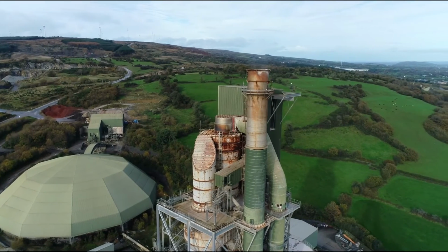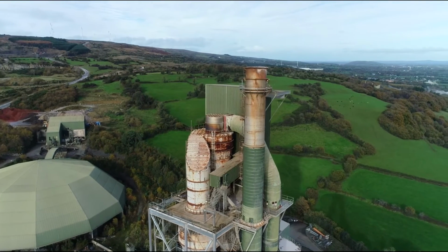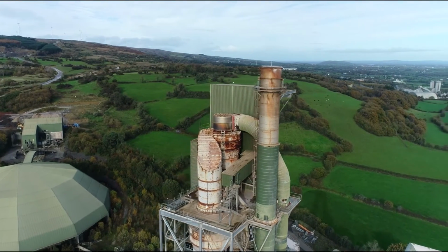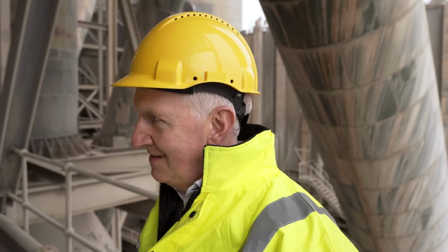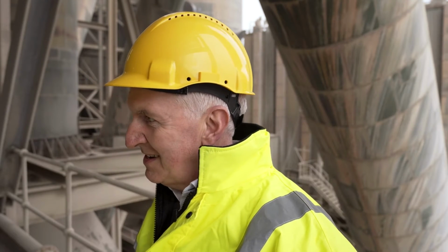The reactor should reduce our CO2 emissions by 58,000 tonnes per annum. The NOx reduction was a big add-on that we weren't expecting at the very start, but we've seen the benefits of it, and I suppose that has been the key